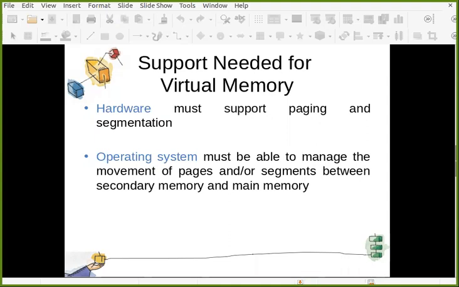Because whenever required, some of the pages or segments need to be brought into and loaded in the main memory, and some of the pages and segments may need to be swapped out to the secondary or virtual memory. So this transfer of pages and segments from secondary to primary memory and from primary to secondary memory needs to be handled by the OS. So let's start with the first part, hardware support.